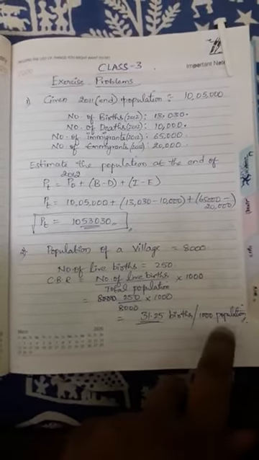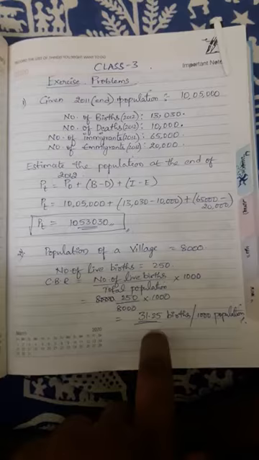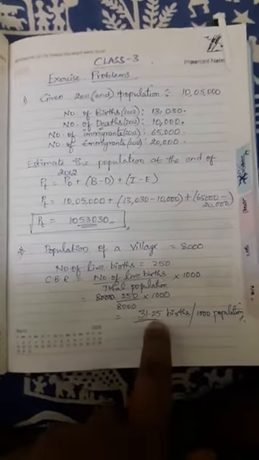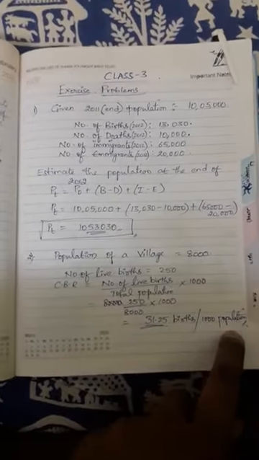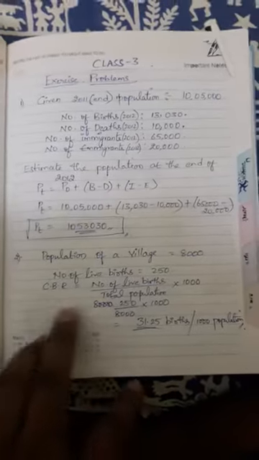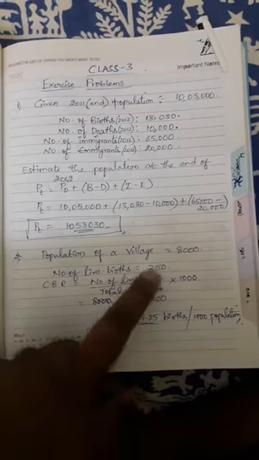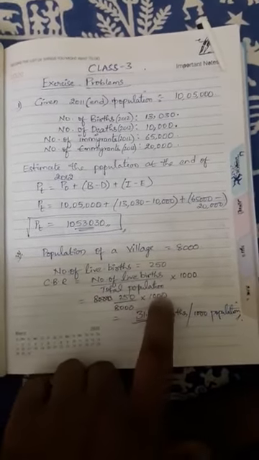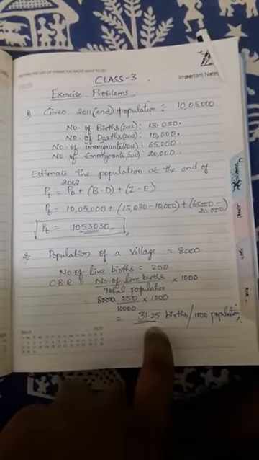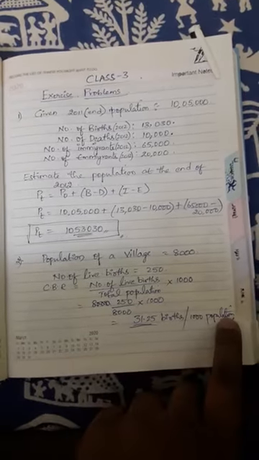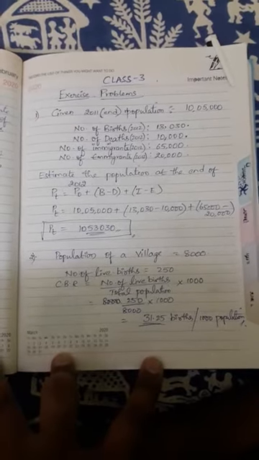But age and sex compositions we have not considered in CBR, right? This is just a brief idea about birth rate per 1000 population. So 31 births were occurring from 1000 population. So this is how the CBR has to be calculated: total births by total population, 250 births, 8,000 population, into 1000. So 31.25, that means approximately 31 births were happening for every 1000 population. This is how the CBR has to be calculated.